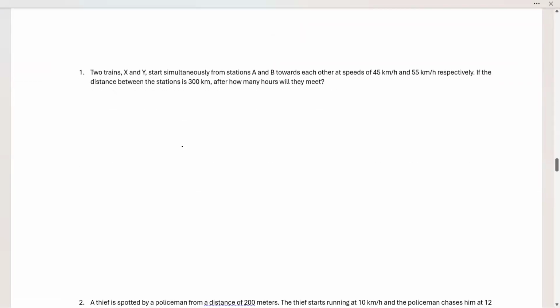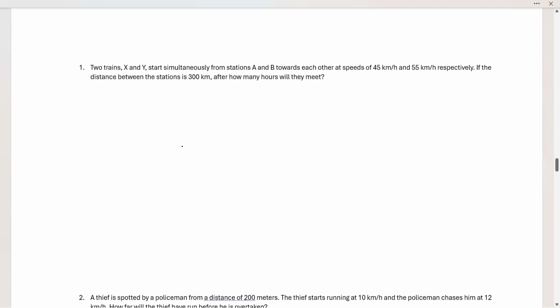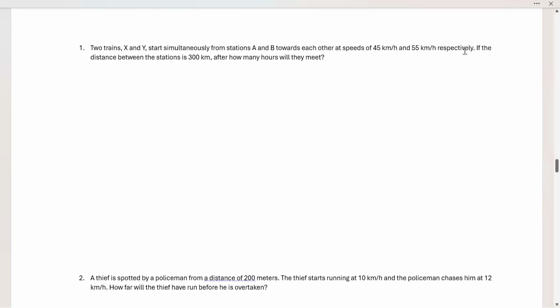So the first question says, let's have a look at the first question. There are two trains X and Y. They start simultaneously from stations A and B towards each other at speeds of 45 km per hour and 55 km per hour. If the distance between the stations is 300 km, after how many hours